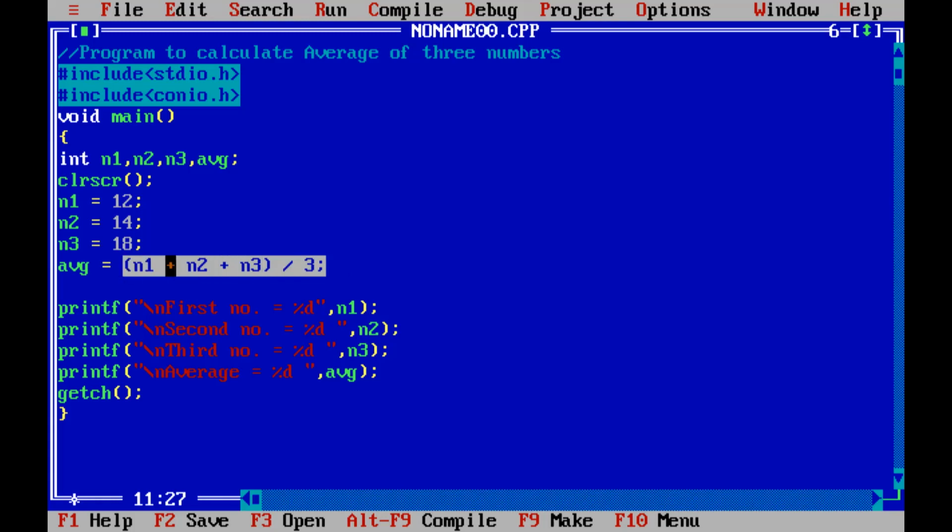So here I have kept the addition portion inside this bracket, just following the BODMAS rule here. Okay. And then you can see division symbol and three. Okay. So whatever the result comes from this expression, that result will be stored inside this AVG variable. So this is the third step.